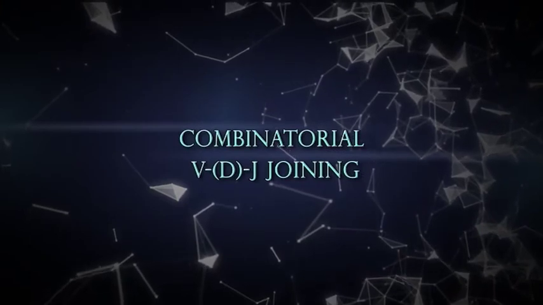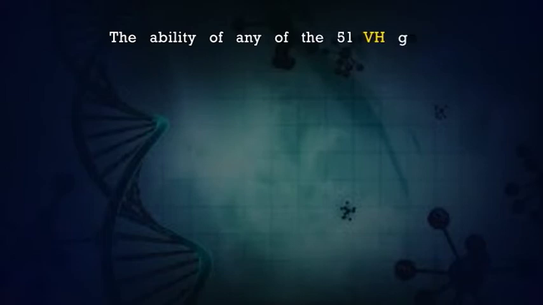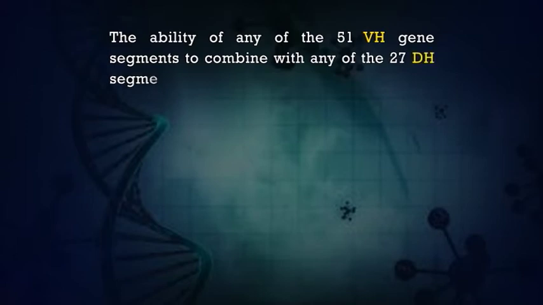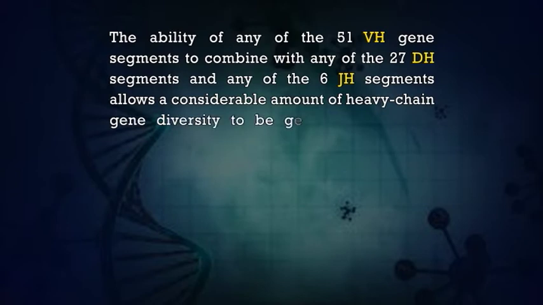Combinatorial V-D-J joining. The contribution of multiple germline gene segments to antibody diversity is magnified by the random rearrangement of the multiple gene segments of antibodies in somatic cells. In humans, the ability of any of the 51 VH gene segments to combine with any of the 27 DH segments and any of the 6 JH segments allows a considerable amount of heavy chain gene diversity to be generated, which is about